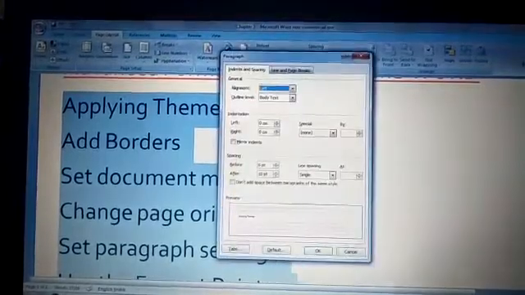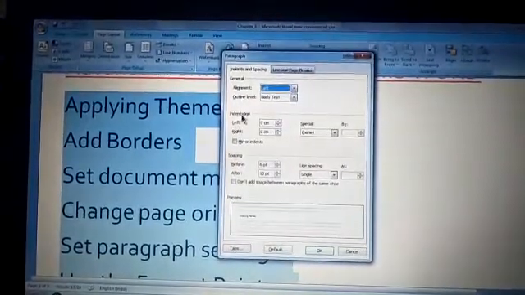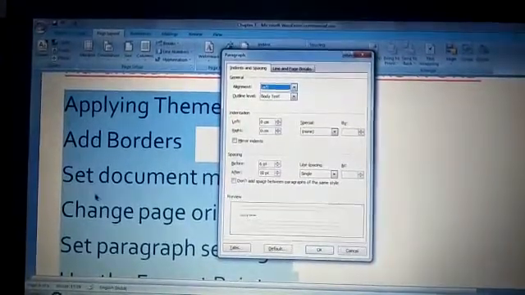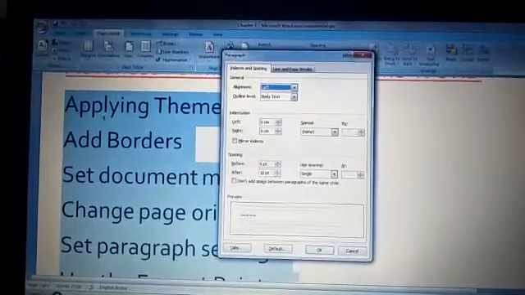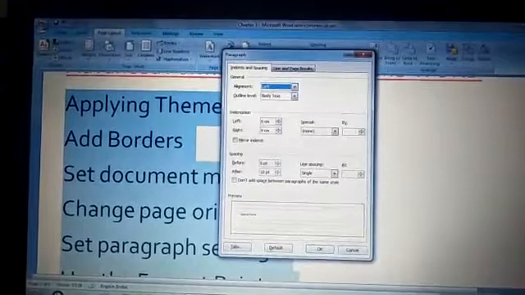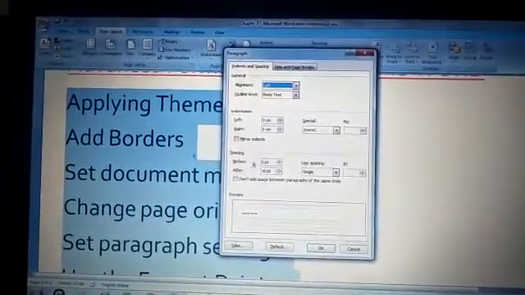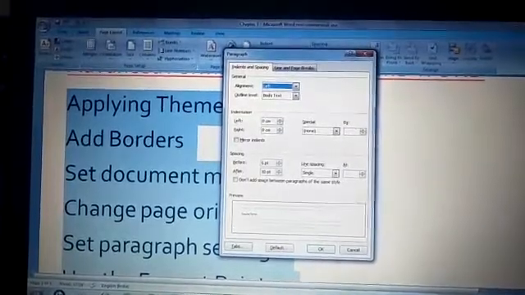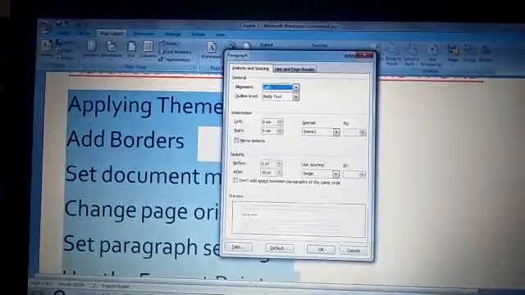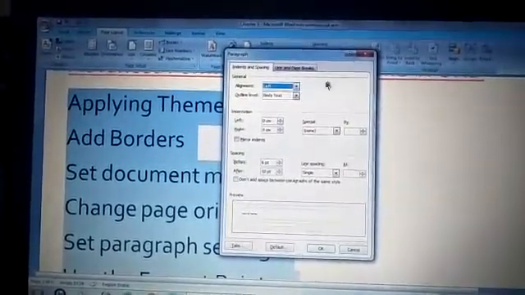Now again go to the paragraph launcher and you can see the option out here, indentation. Indentation means how much difference the text is having from the left border or right border. Here we can't understand the option of right border because the distance is already very large. But if you are having large paragraphs, you can decide how much distance from the right side and how much distance from the left side. Let's try for the left side.